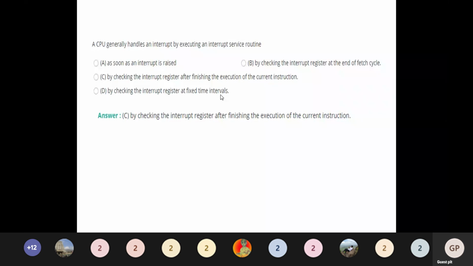If the system leaves that instruction in between, it cannot come back to that particular line; it will miss that line. So the current instruction will be executed, and then it will respond to the interrupts that occurred. So keep this in mind.